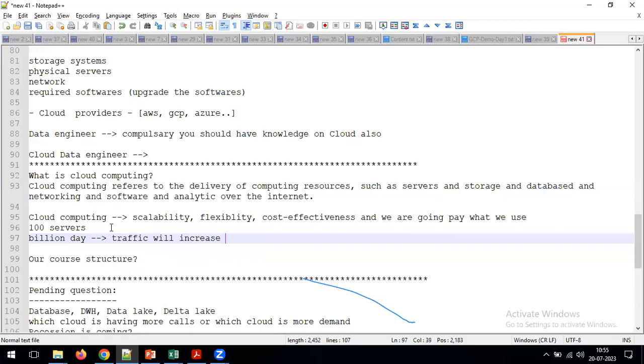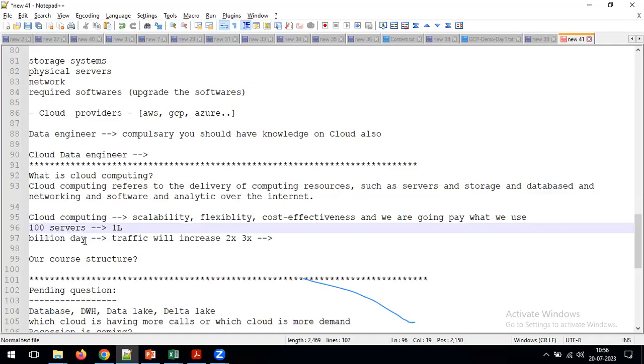Now, if traffic is going to increase 2 times or 3 times, 2x or 3x, can these 100 servers support the Flipkart backend system? No, right? So for example, every day they are getting around 1 lakh traffic, 1 lakh users are coming to Flipkart. To maintain that 1 lakh traffic, they are maintaining 100 servers.